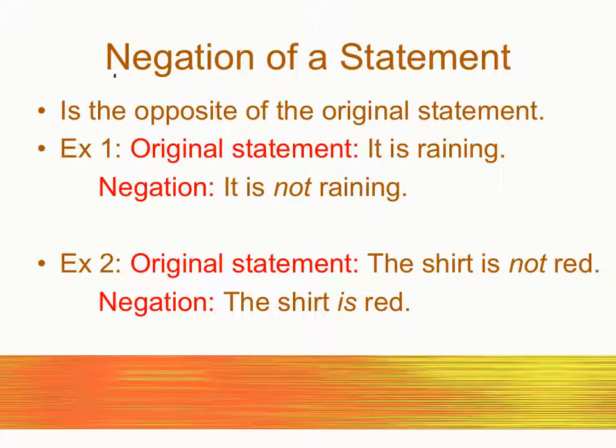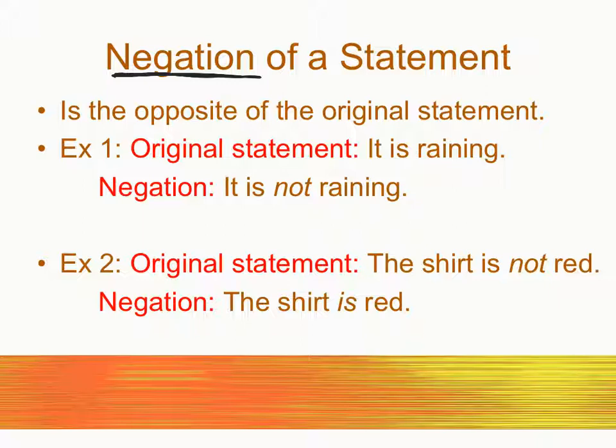It's not just because it's difficult, because there are two things that can be opposites. So sometimes I'll make a statement like, my shirt is red. And I say, what is the negation of that? And somebody goes, oh, that's the opposite. So I'll say, your shirt is blue. That is not the opposite of my shirt is red. The opposite of my shirt is red is your shirt is not red. Right? That's the opposite. If I say it's something, you say it's not that something. So we use this word not.